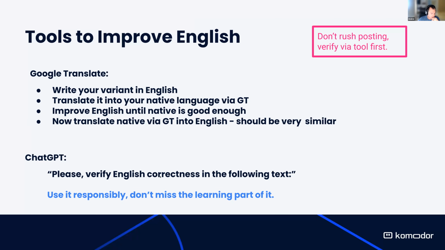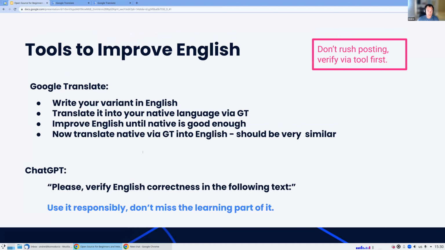And the second part of this thing is ChatGPT. You may argue if it's good or bad for newbies. I should say you can use it responsibly. You can learn a lot from it. I like this tool. It's great. You just should not use it blindly without learning. So what you should do is, again, create your first phrase and then ask ChatGPT if the phrase was good. And also, let's review that.